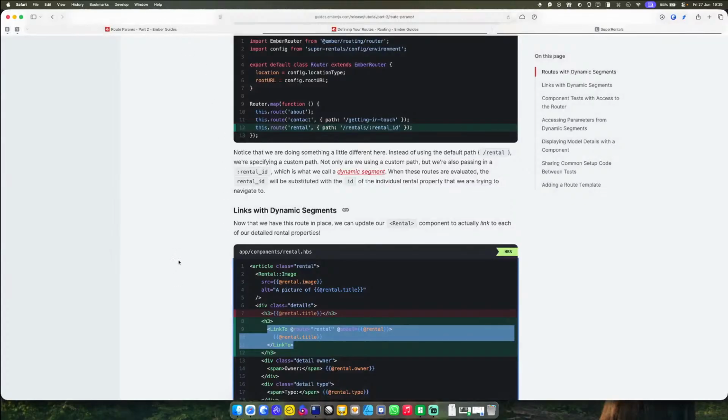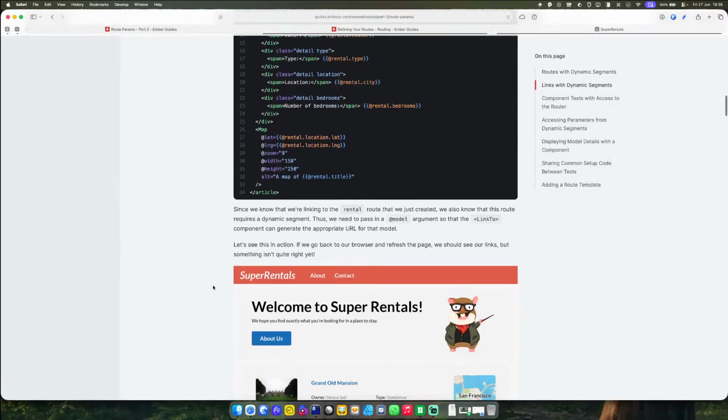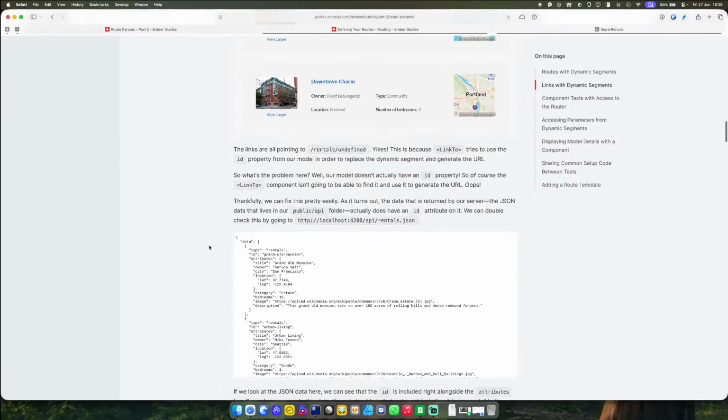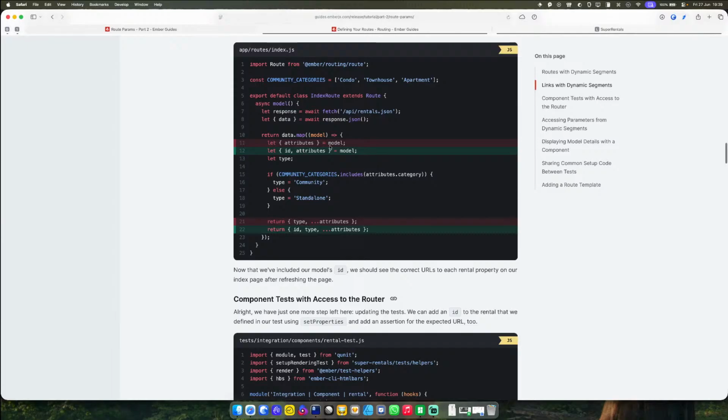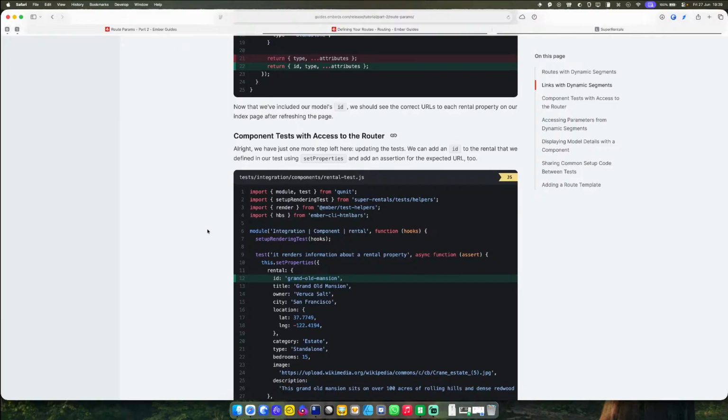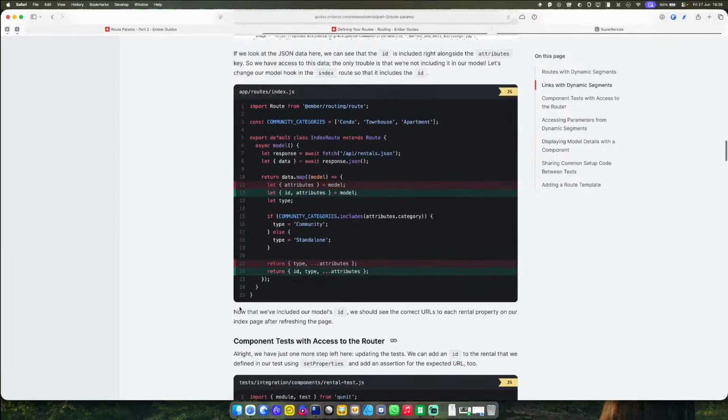So what have we done here? So, linking and so on. Something isn't quite right yet. Yeah, we've done that. Rental's undefined. We've done that bit. We've done this bit. So, ID. Updating the tests. Yes, now we clear the model's ID. We should see the correct